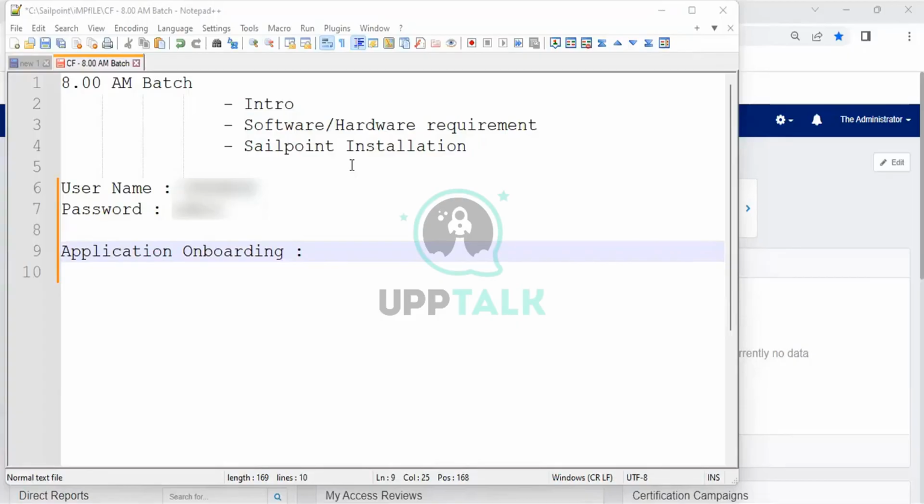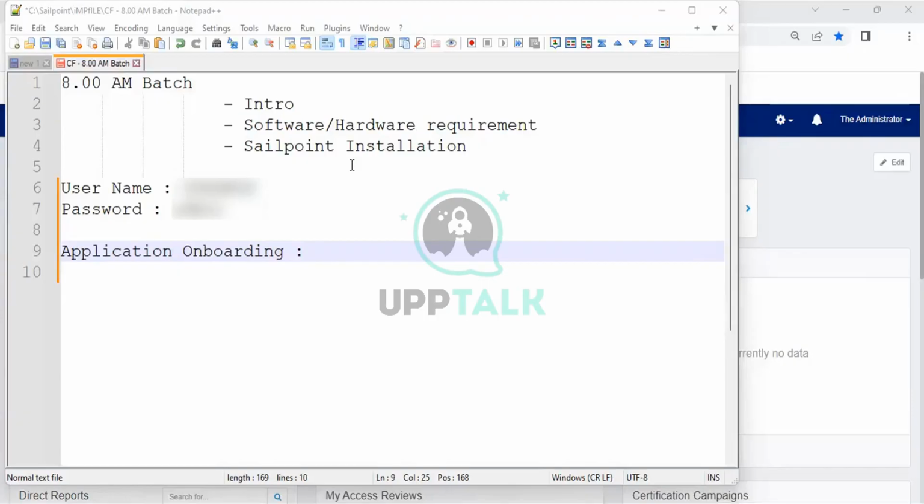Guys, let's try to bring some real-time details if you have already worked. I'll explain each and everything, but if you have already worked, you can share with all of them. I don't want to take the class theoretically because it's not going to be helpful anymore. You should know each and everything.